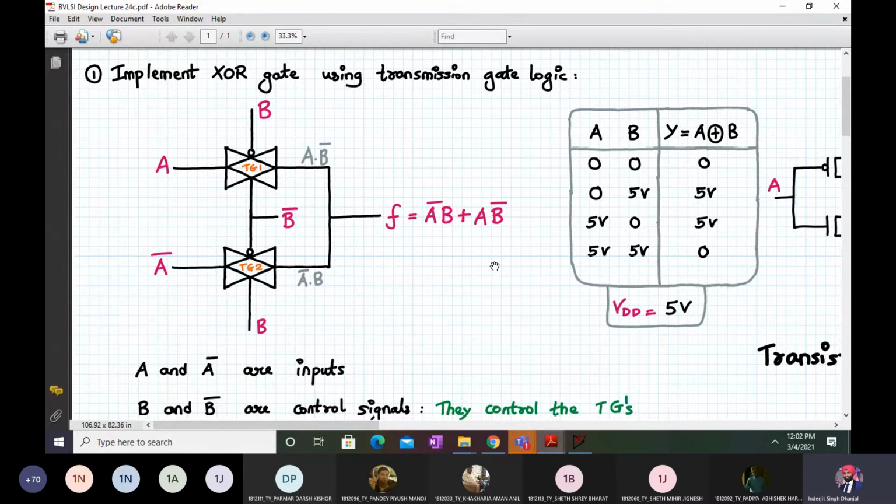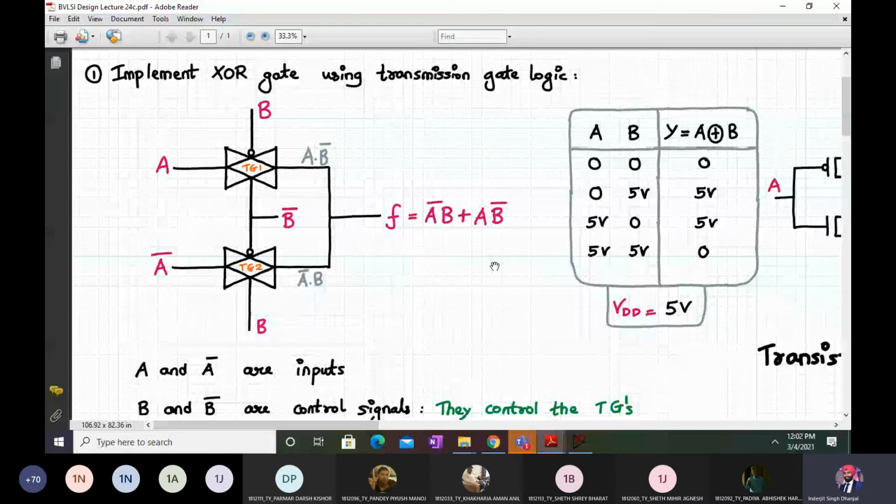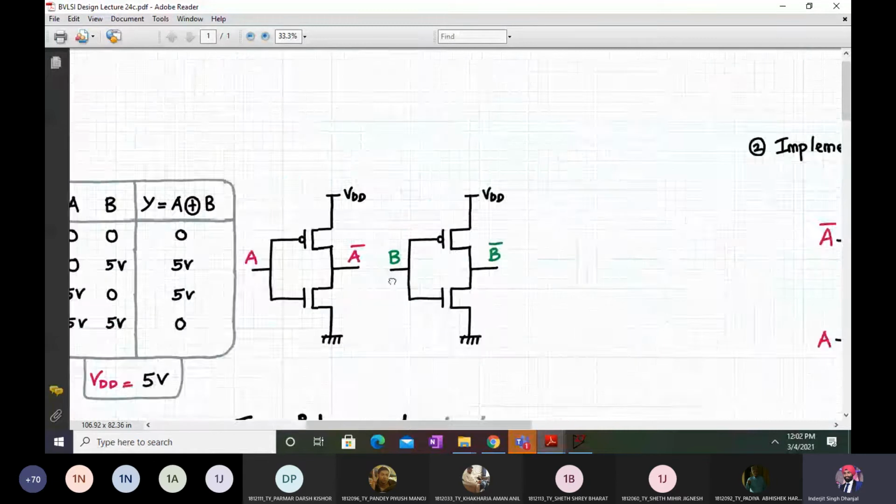So see how will be the logic. Apply your concept over here. See what is being passed and what is ahead. So what will change? There will be a minor change in this. That's it. There won't be a major change. So I'll show it to you now. So remember, the total transistor count is 4 plus 4. So total 8 transistors are required.